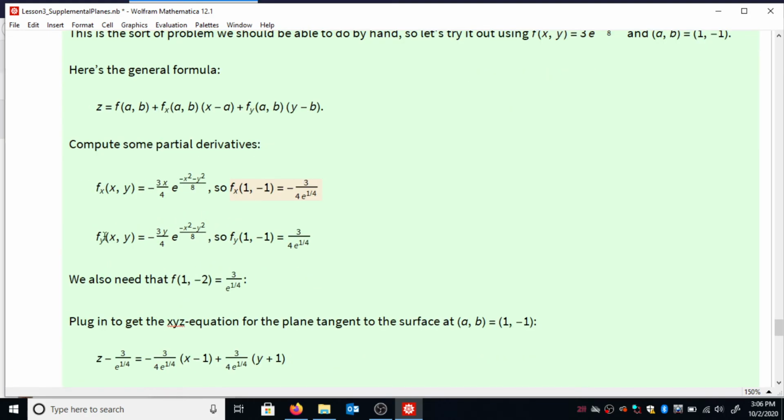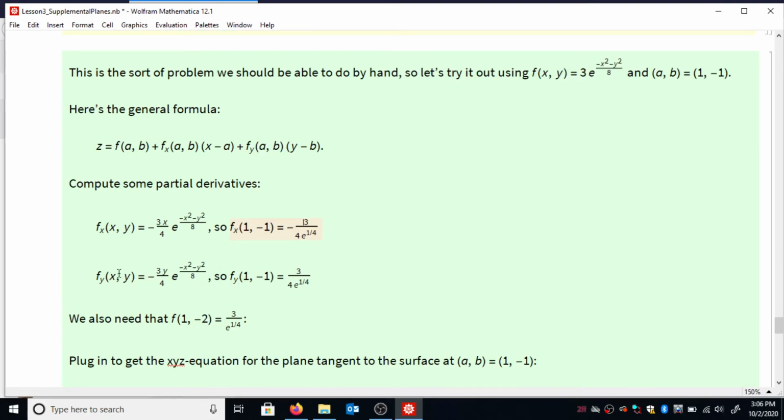All right, moving on, we could do the same thing for the partial derivative of f with respect to y. Notice that I'm doing this with x's and y's first, and then I'm evaluating at numerical values after I've gotten my equation. So this kind of mirrors what I just showed you, so I'm not really going to go through the details here. Same equation, except it has a y in its coefficient instead of an x. And then we're evaluating at 1 comma negative 1. Well, the only thing that changes here is we are plugging negative 1 in for this y value, so a negative times a negative is going to make a positive result,